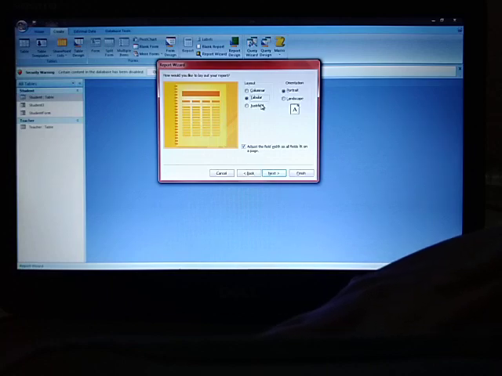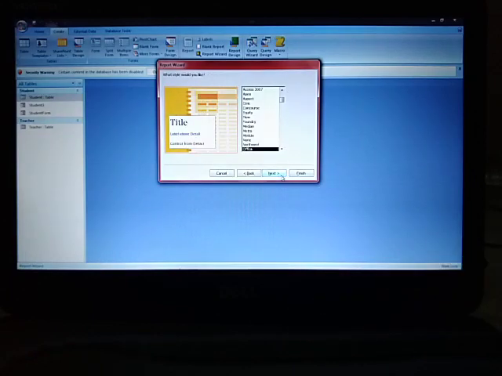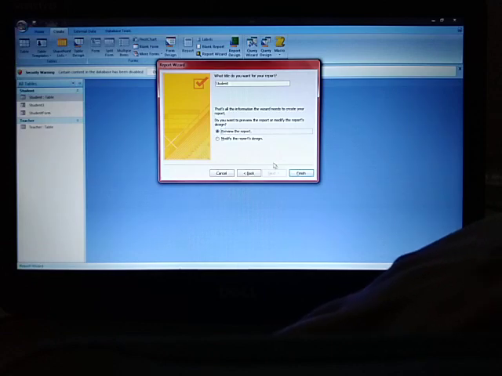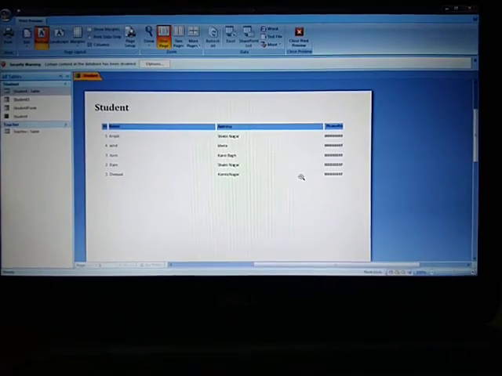I want the tabular format and portrait, which is fine for me. You can also go with the columnar layout, and then click Next. You just want to preview the report. Yes, Finish. Just see over here, the report has come.